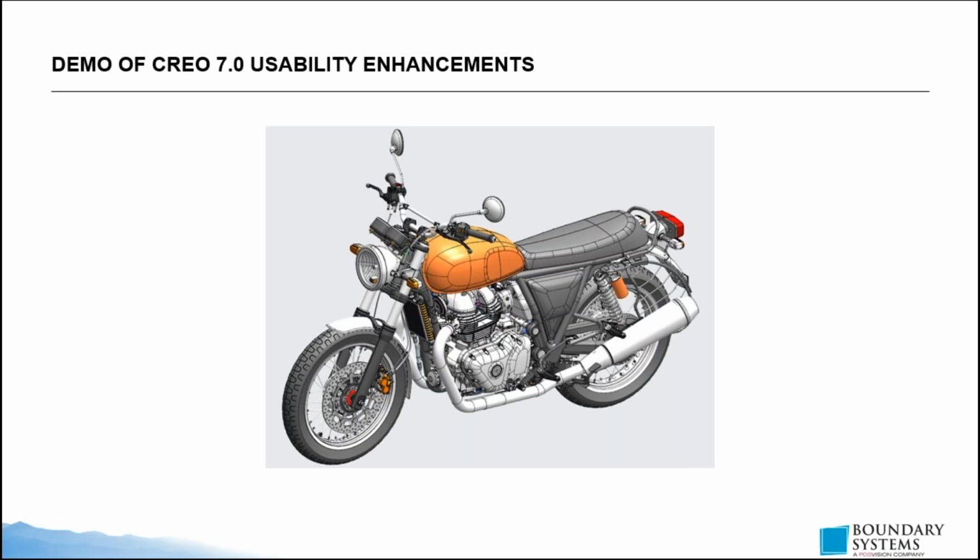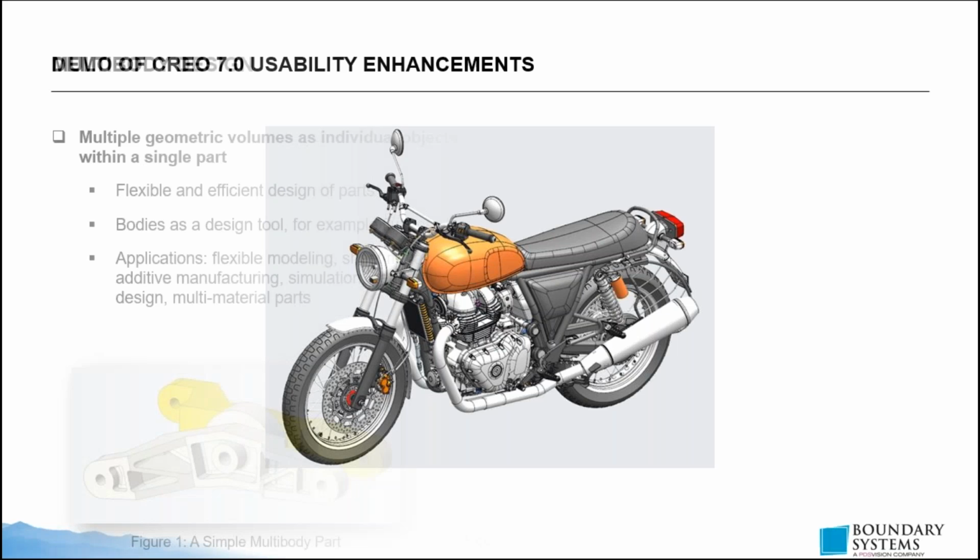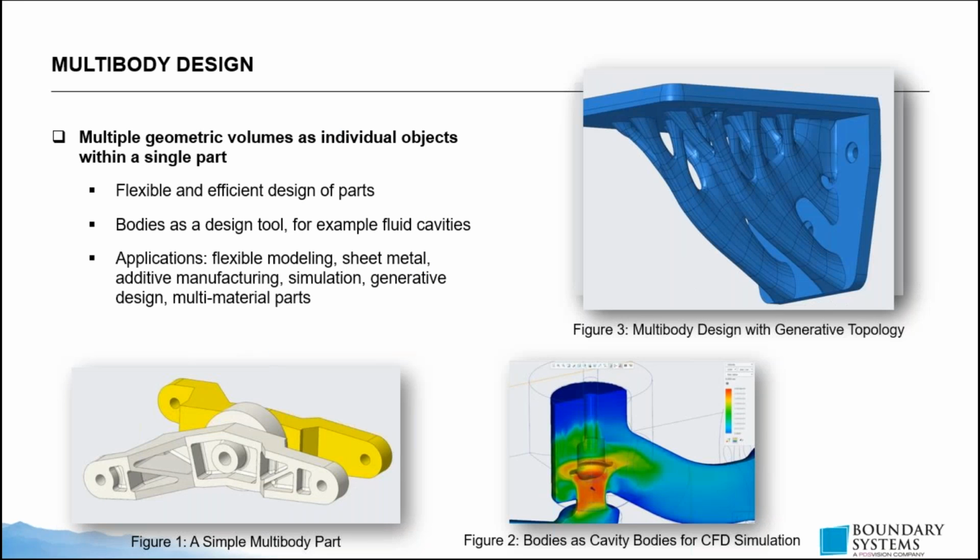All right, so we'll move on to multi-body design and some of the enhancements that have been made there. Multi-body design, generally speaking, is not something new. It's something that's been around in the CAD world for a while. But generally speaking, Creo has not typically allowed multi-body design in a single part until Creo 7. Now inside of Creo 7, you can define multiple geometric volumes as individual objects within a single part,